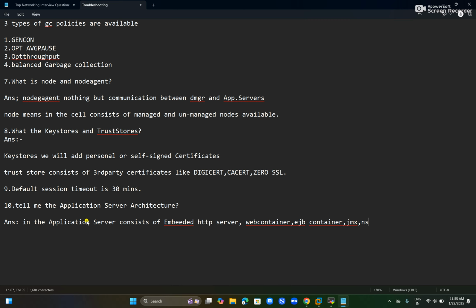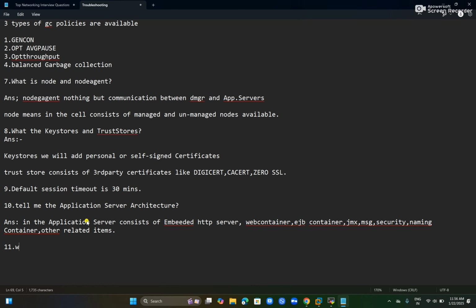Okay, message engines, security, and naming container, and other related items. Okay, these are the application server architecture components. Okay,